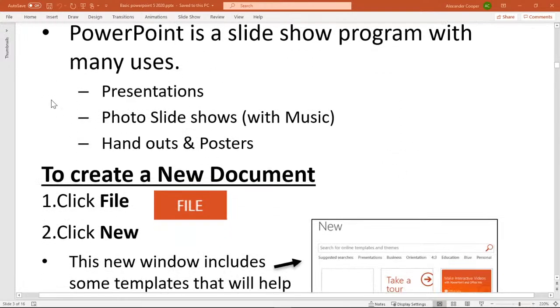So why use PowerPoint? We actually have a class, and we'll be doing it again next month, about the Google Suite. The presentation program there is very much like PowerPoint, and you can even save files in PowerPoint format, so you can open them in PowerPoint if you want to, or vice versa. You want to do presentations.